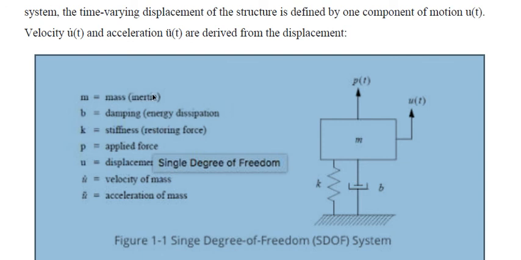Mass m will have inertia force, damping will dissipate the energy, spring will have stiffness, the restoring force. P or F is the applied force, u is the displacement, u dot is velocity, u double dot is acceleration of the mass. We are actually concentrating on the displacement of the mass, velocity of the mass and acceleration of the mass, by assuming the nature of spring and damping in the mass itself, in the system itself. Any mechanical system will have all the three natures.